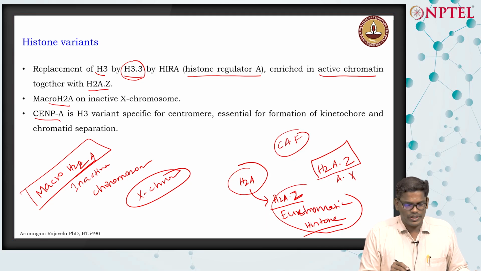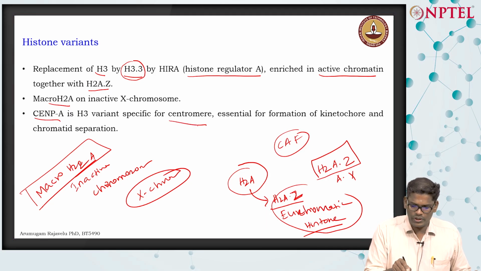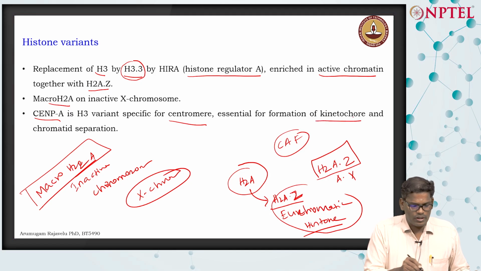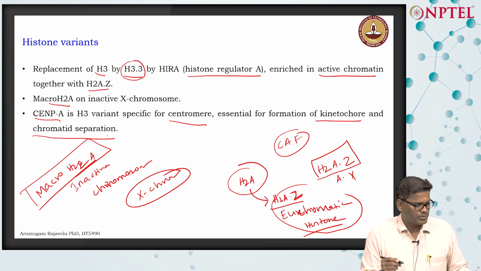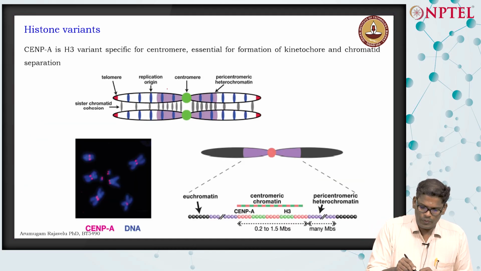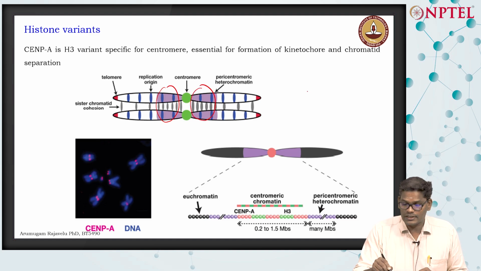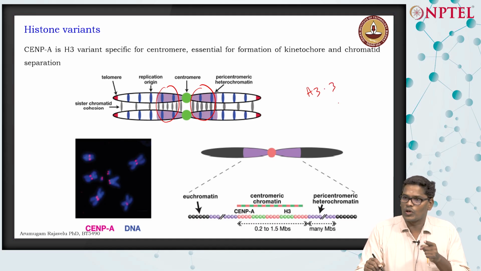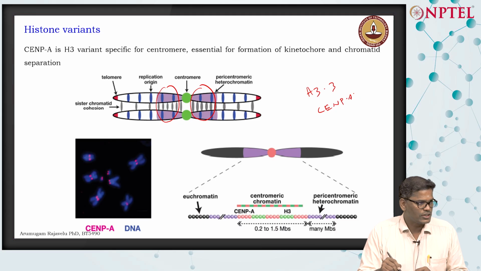CENP-A is another histone variant. As I said, it's specific to the centromere, and more importantly, it is essential for the kinetochore and chromatid separation, which makes sense. So this is the place where you have the histone variant, the H3 variant. I already explained histone H3.3 for euchromatin, and in this case the CENP-A variant for the centromere regions